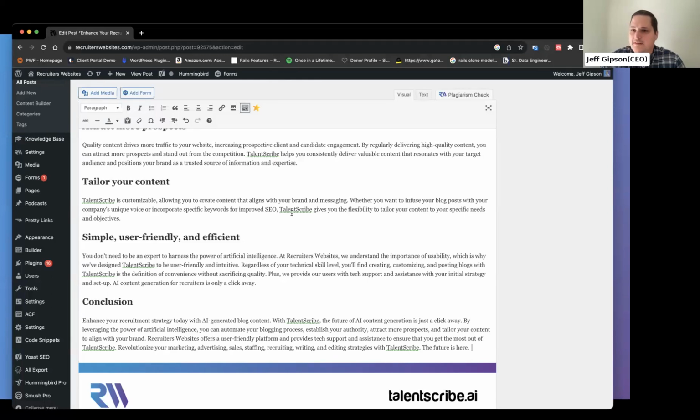Training on WordPress? Yeah, we would show you how to use it. It is as much training as you needed, and it's pretty simple to use. We try to make it just simple button clicks. You either have an idea or you need to generate an idea, and then saving the post, that kind of thing.